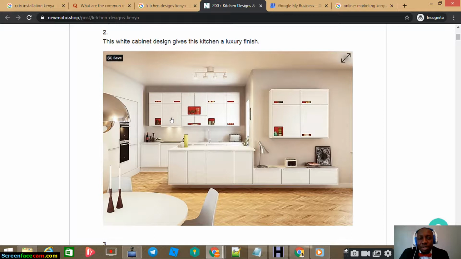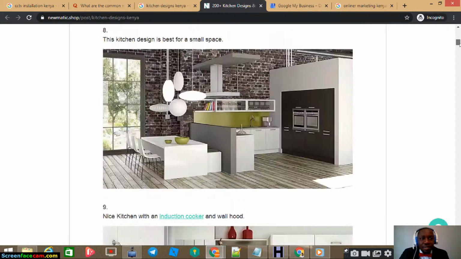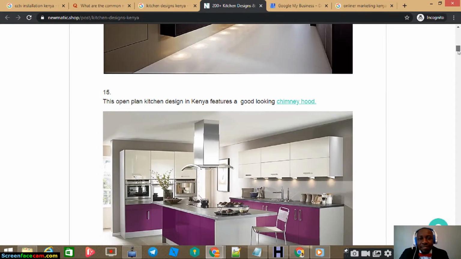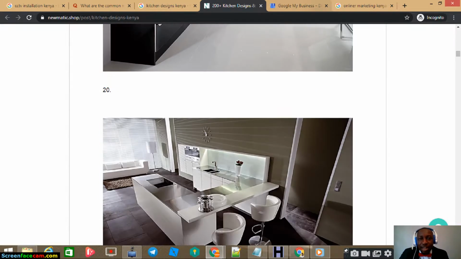You know about the buying funnel. I talk about it a lot in my blog. So you get the user long before they've decided to buy, take them through the funnel until when they finally buy and use you as a customer. That is very key. So in this industry of kitchen designs, images are very important and they rank high,